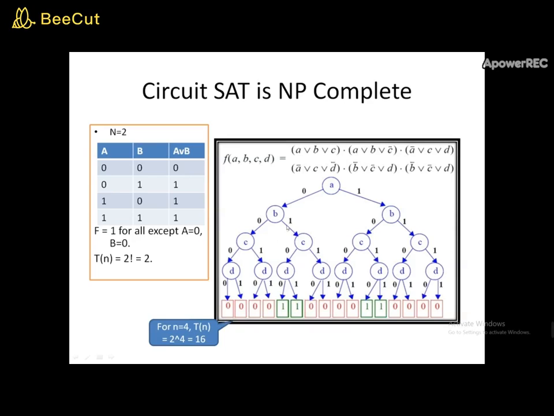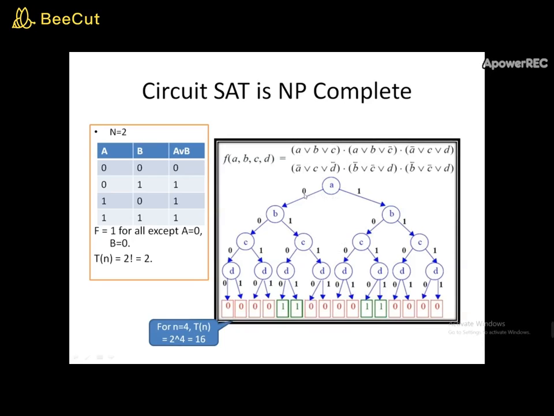Okay. Now coming to n equal to 4. Suppose I have constructed a circuit diagram with the help of this expression. So here you have A or B or C. How many variables have I used here? It's A, B, C and D, 4 variables. And of course the negation of A, B, C and D can also be considered. Now taking these as 4 different variables, how many different combinations should I try? The answer, similar to our sum of subsets problem and so on, right?